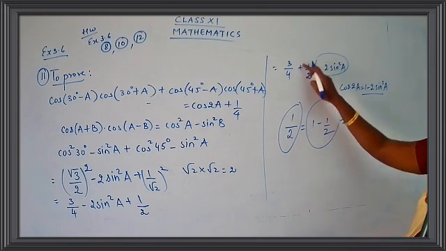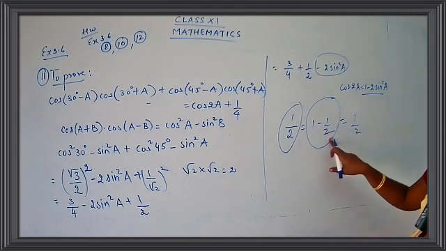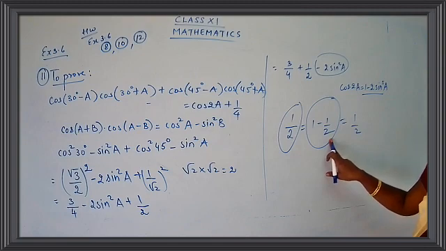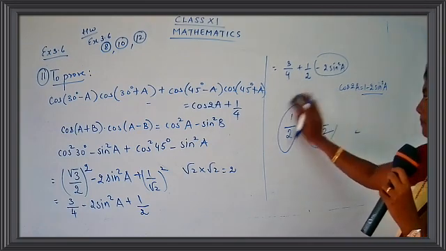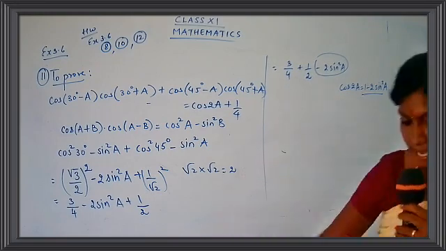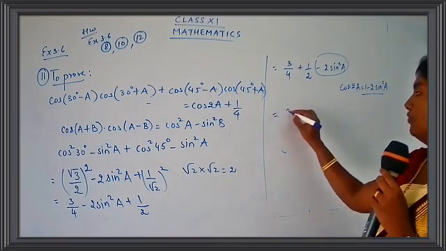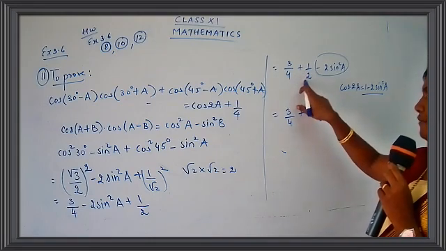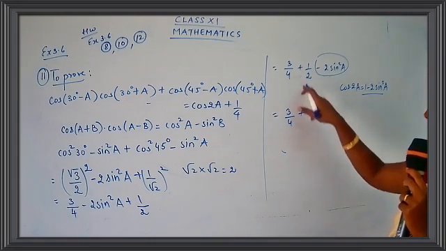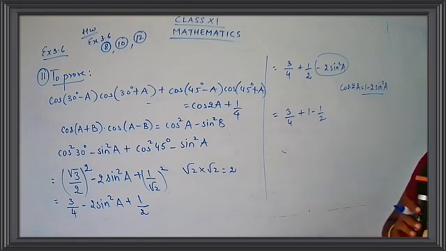So this half is written as 1 minus half. I hope you people are clear with this step. Okay, done. Now let's make the changes over here. So I get here, this is equal to 3 by 4 plus 1 minus half. What is the value for half? I am writing half as 1 minus half. I am not changing the value.